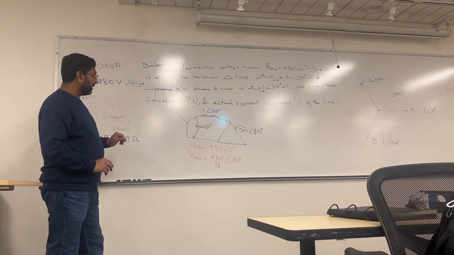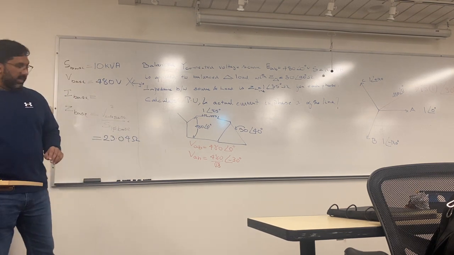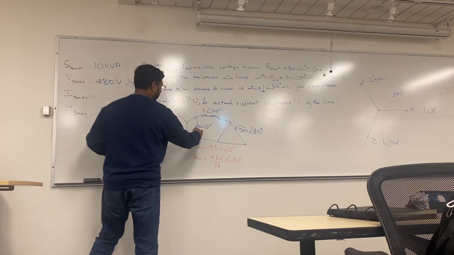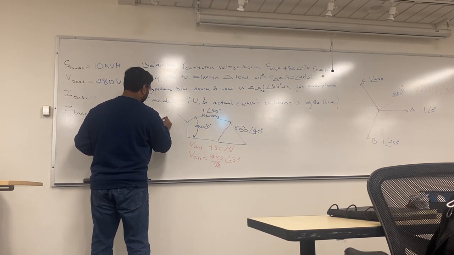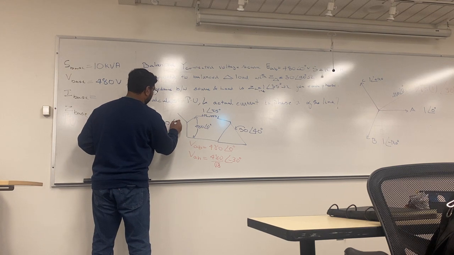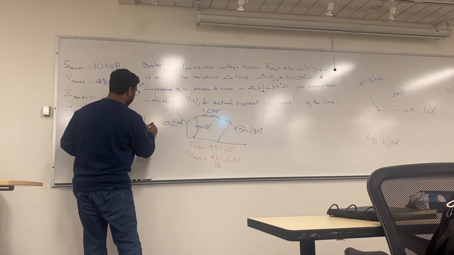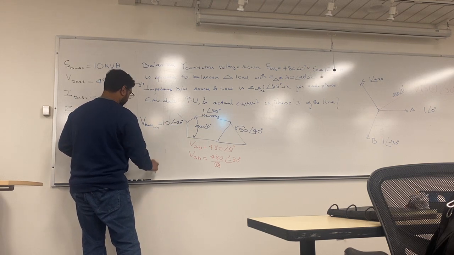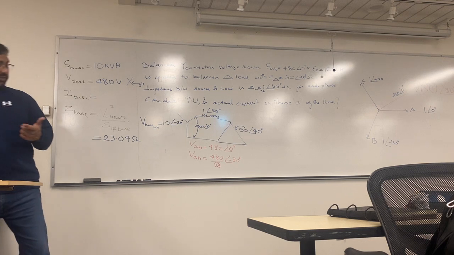All that means is, we are now moving into the per phase system, and we just reduce this entire V load thingy to 1.0 with an angle negative 30 for V base line to neutral. And I made a mistake because they shouldn't have a